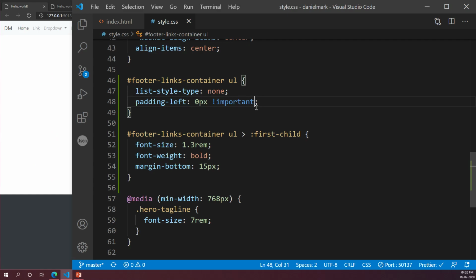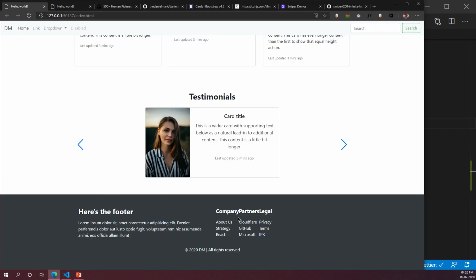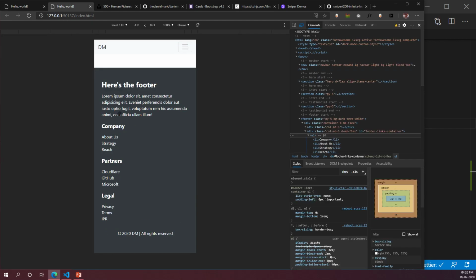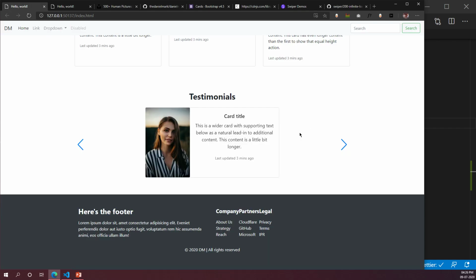So I think this is a change that is coming in. The padding left is coming in from Bootstrap. So if we do this, it should override Bootstrap style. If you look at the padding on the left, it all sticks to each other. But if you look on the mobile, they all go to the left side, right? So that little padding was coming in from Bootstrap. So you'll have to manually override that sometimes, okay? Because Bootstrap may not always give you the layout that you want.